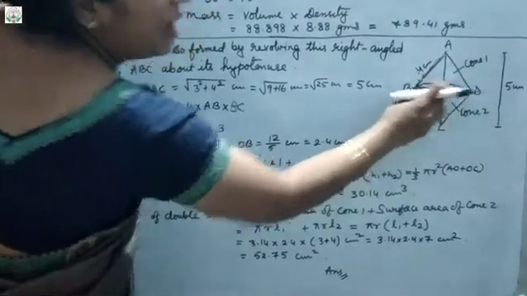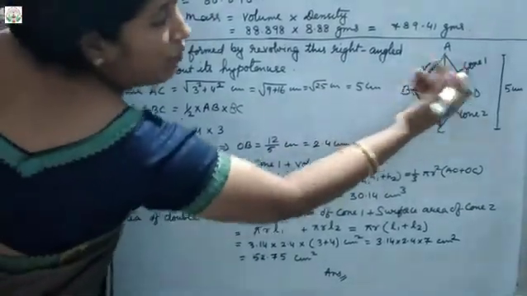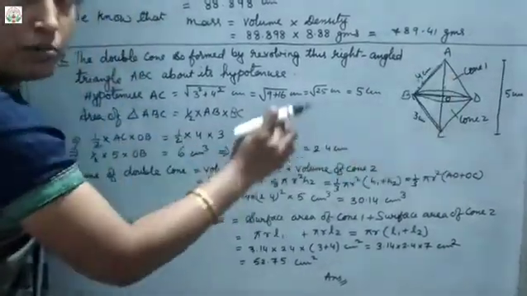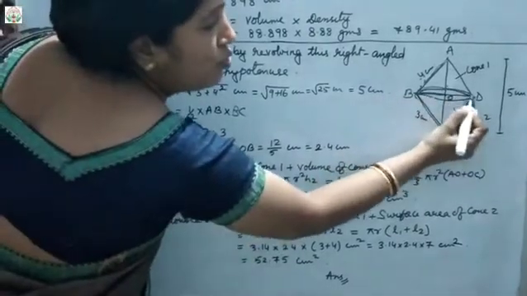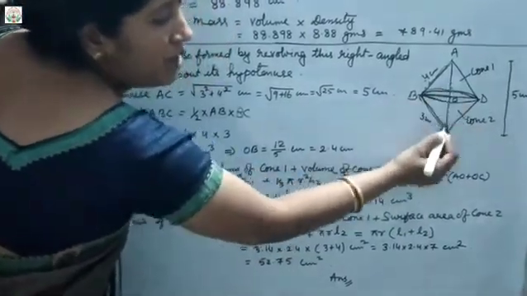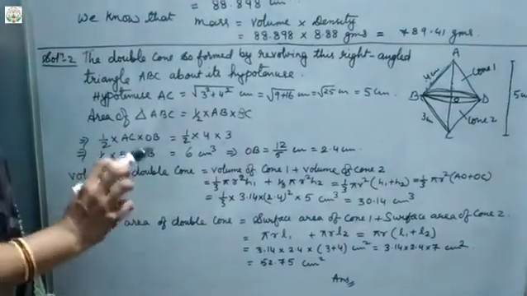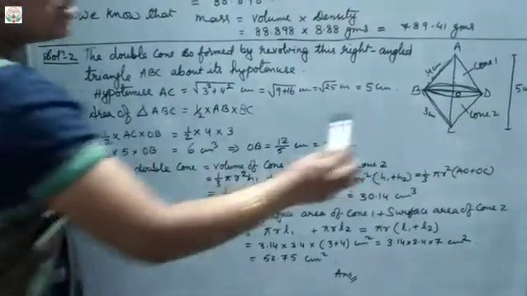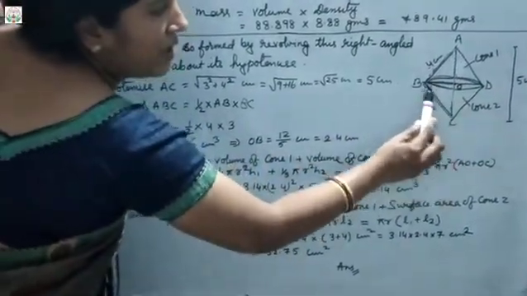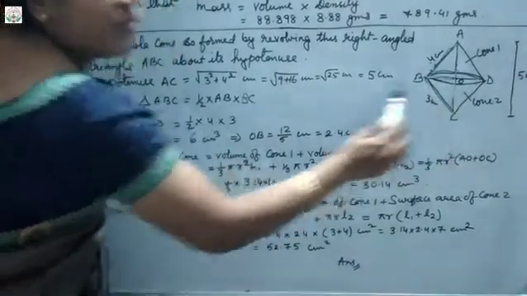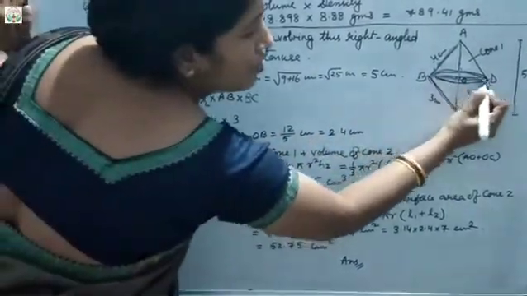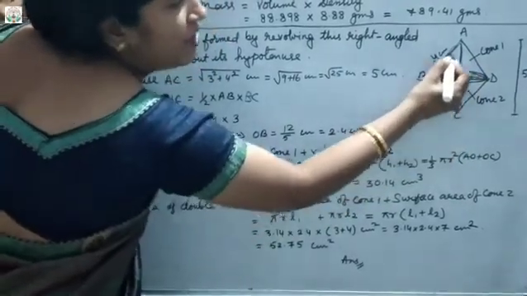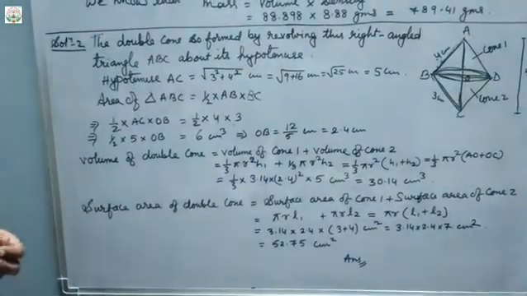this is making a double cone. Is it not? If this right angle triangle is revolved along its hypotenuse, then you know that it will make two cones, an upper cone and a second cone below. It is forming two cones. This is cone 1, this is cone 2. So when this is formed, in this triangle, definitely the diameter of the cone is common for both the cones. So now this diameter also became a height of this triangle ABC. Clear now? Understood?